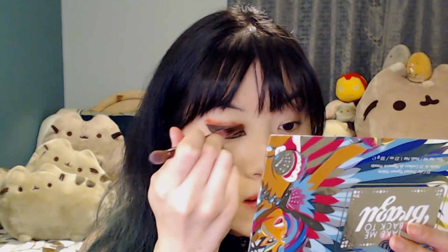So now I'm going to take this red color Man-Eater. Oh, actually. So now I'm going to take my Take Me Back to Brazil palette really quick. And taking this very poppy red color, I'm going to take that on my brush and start sketching this in above my crease, above this outline that I've made. And now taking the fluffy side, I'm going to pick up a little bit of it and just start blending that out until you have this nice smoky